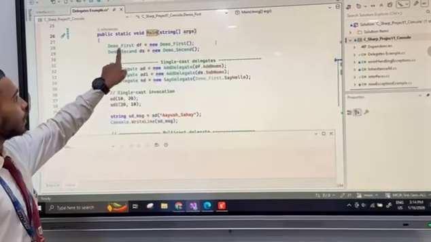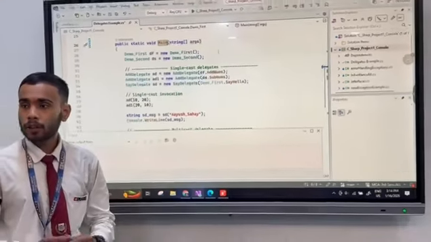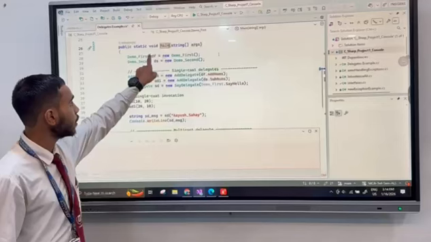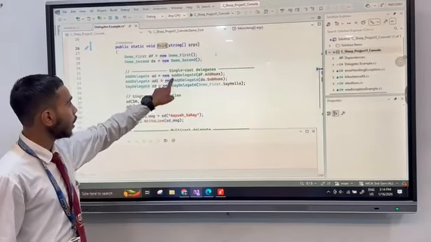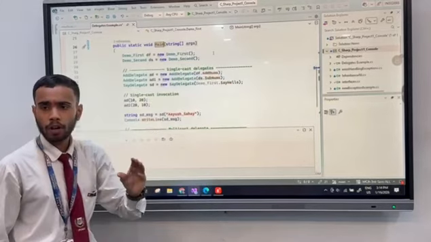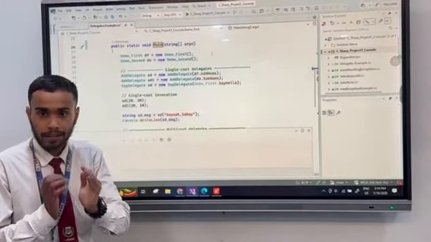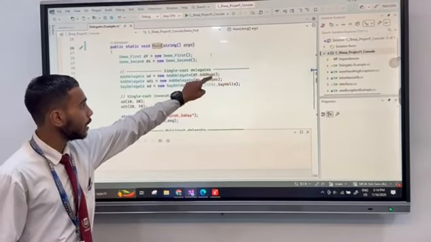Consider demo first df equals new demo first. That is making the object of the demo first class, and the name is df. With the help of df, I'm accessing the name of the function. I'm not making the function call by adding parentheses there. It is df dot add numbers.